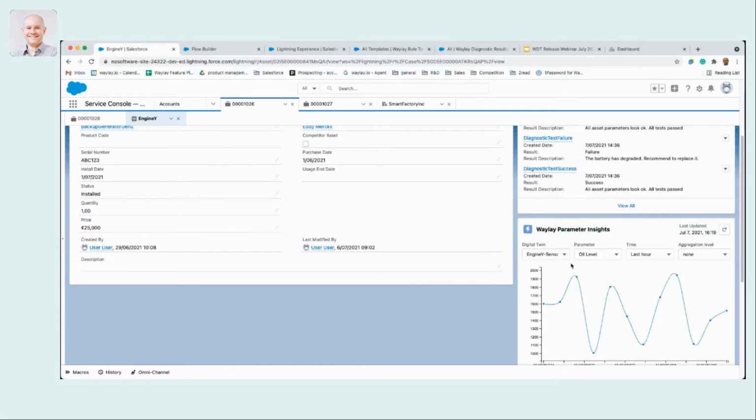You also have the ability to drill down into the individual parameters of this connected asset. So, for example, here you see a historical graph of the oil level. But if I go to temperature for the last hour, I can just refresh this, and I'm getting here the latest temperature readings from our engine. So clearly, you see here that the asset is no longer overheating. The temperature has dropped significantly. The way this works is that we do an API call towards the Waylay platform, and we fetch the latest data for the different parameters of our Waylay Digital Twin here, which models the sensor